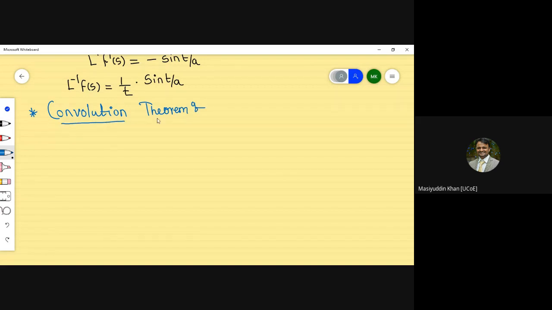So the next part is the convolution theorem, meaning the Laplace inverse or inverse of Laplace transform by using the convolution theorem. Now this kind of problem will come in the examination with the mention of this theorem, unlike the earlier problem, which did not mention anything like we have to apply the derivative or anything.